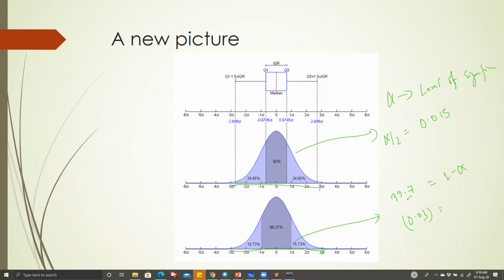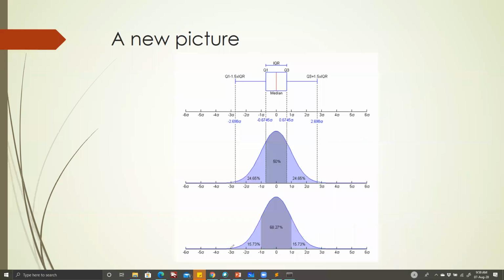Because again, the rest of the area is outside 3 sigma, but it is outside 3 sigma in two directions, because it is symmetrical. So what you got is the correct answer, but it is outside in both regions, in the negative side as well as the positive side. Sorry, sir, I said 0.3, I think it should not be 0.03. Oh, sorry, my bad. It is actually 0.3. You are right. So alpha by 2 is 0.15.